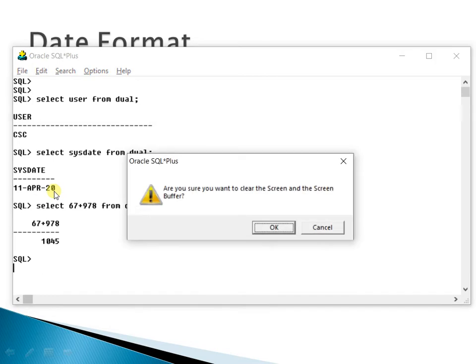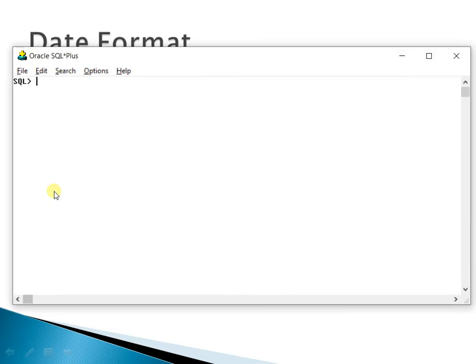Let us create a table with the date data type. There are other data types also, but as of now we will go with date. Create table sample, with roll number of type number, date of birth of type date, and date of joining of type date.